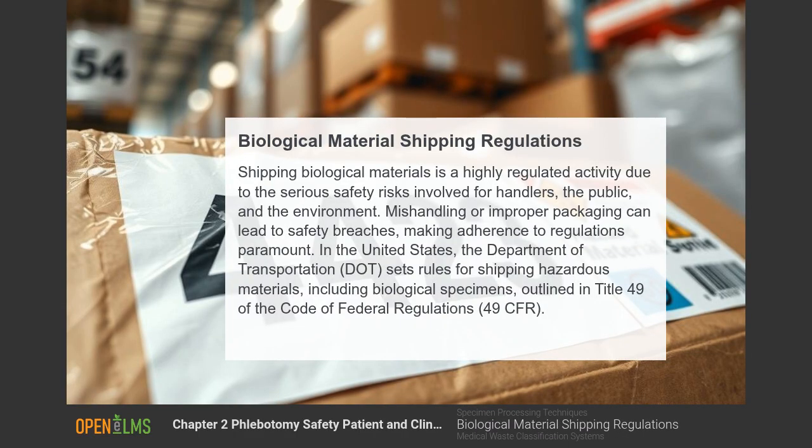Biological material shipping regulations. Shipping biological materials is a highly regulated activity due to the serious safety risks involved for handlers, the public, and the environment. Mishandling or improper packaging can lead to safety breaches, making adherence to regulations paramount. In the United States, the Department of Transportation,